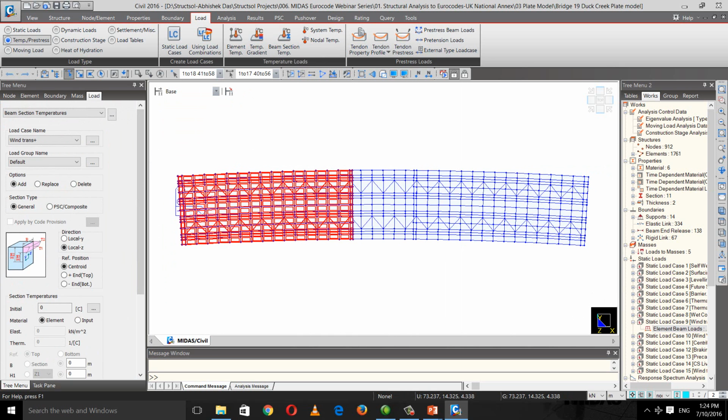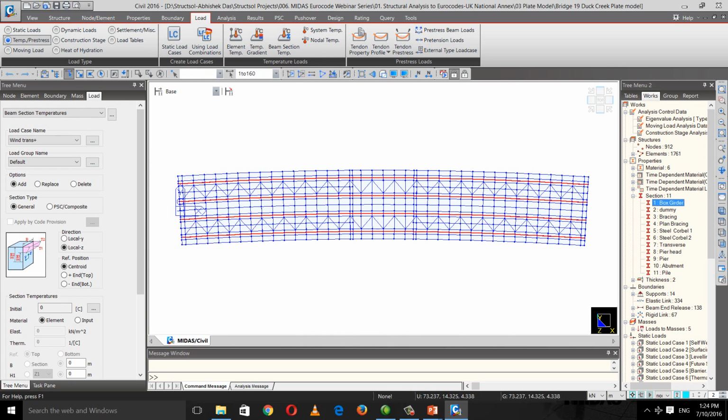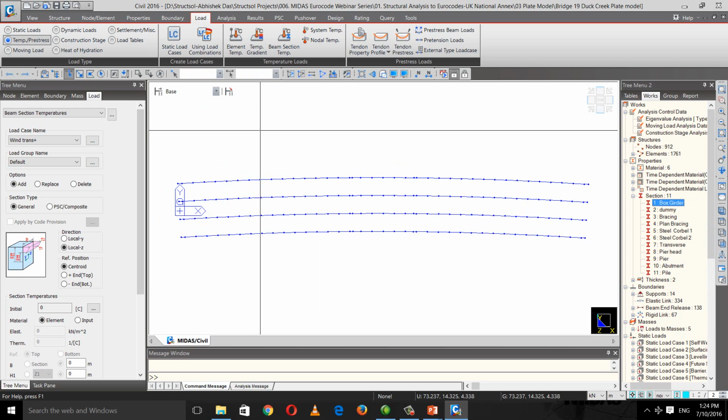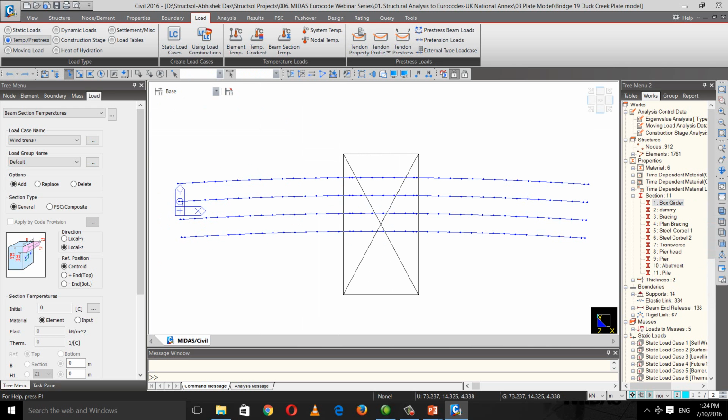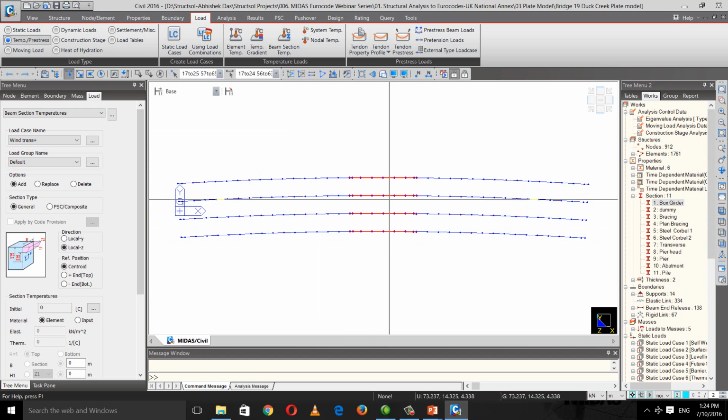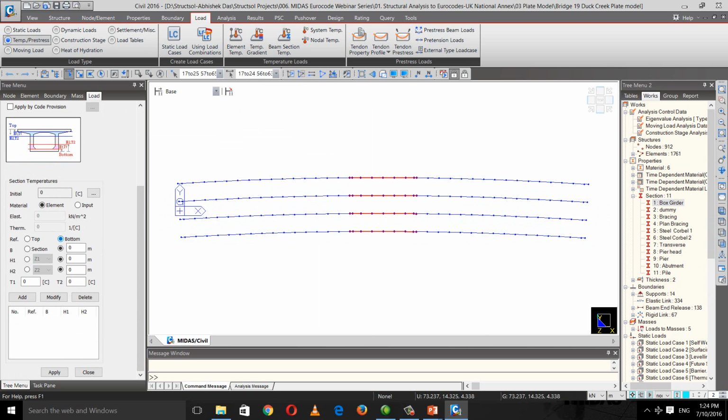So I'll just be selecting the box cutters over here, active, and just remove the temperature from the cracked portion from here. Okay, so from the top of the section, I'm going to